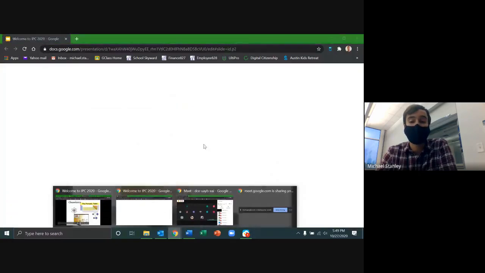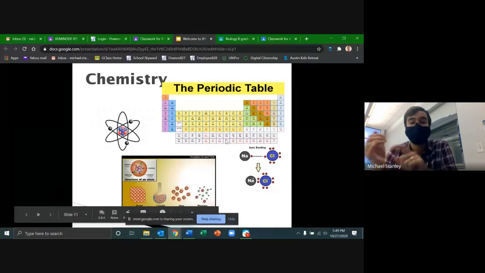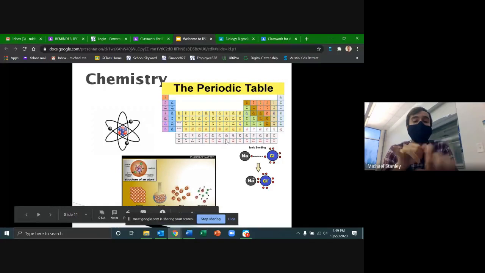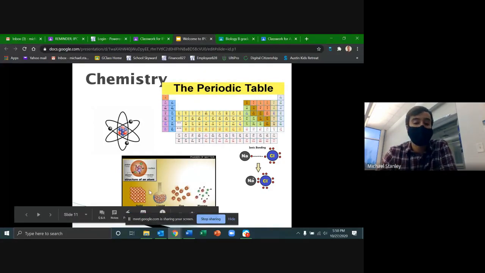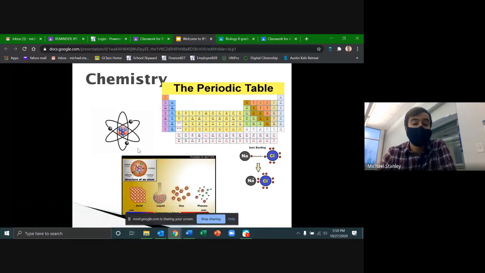We're going to talk about how these chemicals are made up. What are some of the different properties of these chemicals when they're in a solid versus a gas versus a liquid? What are atoms? How do they interact with one another? How can we get information about them from this big scientific chart called the periodic table? And how do these atoms stick together and come into contact with one another?